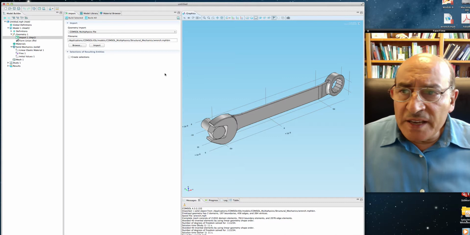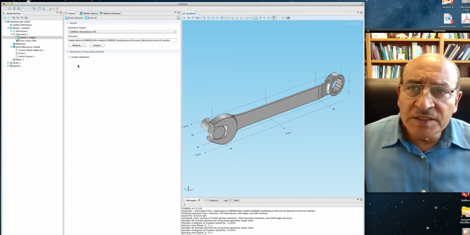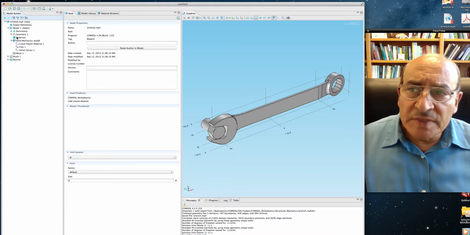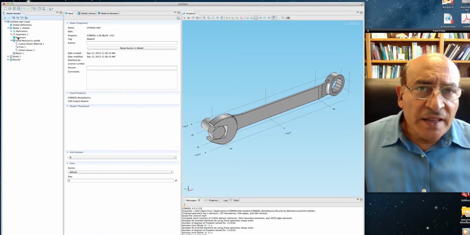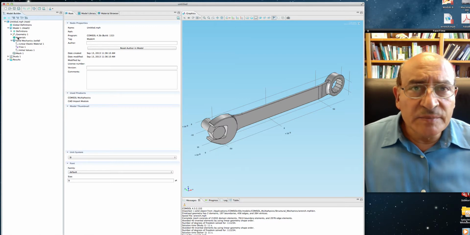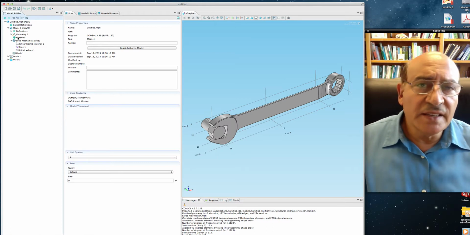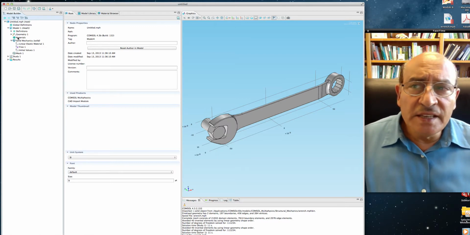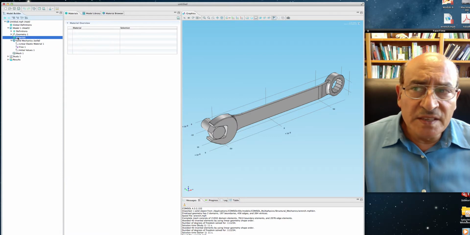So right now we have the geometry. I now want to contract the geometry node because I'm done with it, so it doesn't bother me anymore. Now I want to select a material, and the material I can build in the properties myself, or I can select it from the database that COMSOL has. So if I click on materials here,